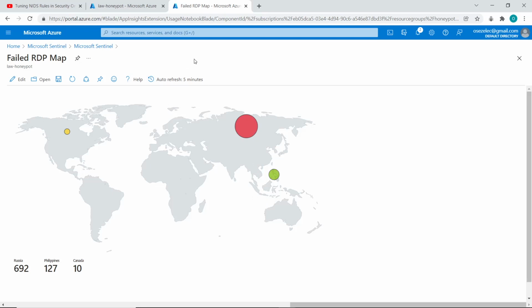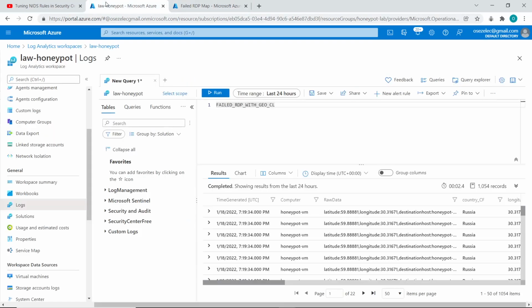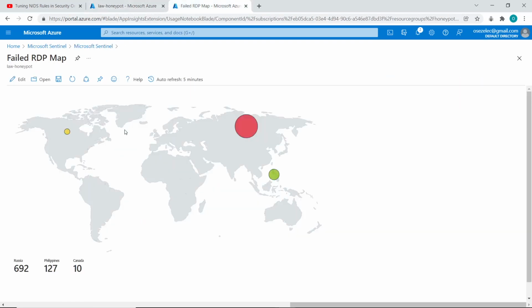So I'm sure if I leave on the setup for a while, maybe 1 or 2 days, and come back, we'll get login attempts from other countries, especially when my system has been exposed for long on the internet. It will probably have been discovered by different malicious actors and bots and botnets and the likes. But because this is a demo, I'm just going to stop it here. So basically, this is the end of